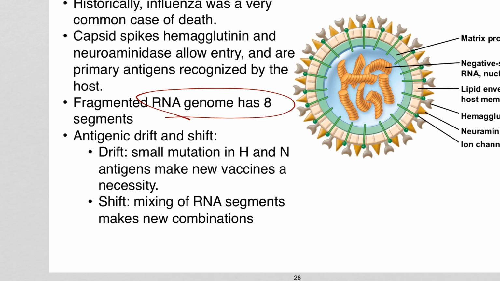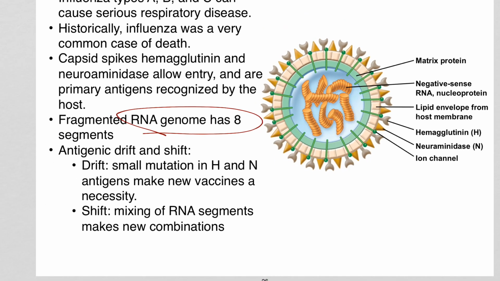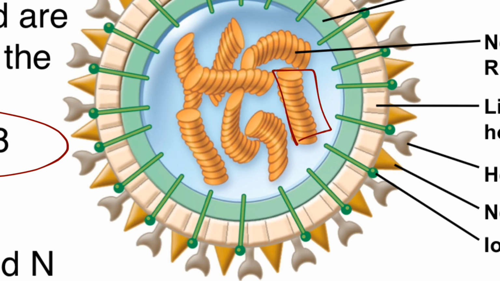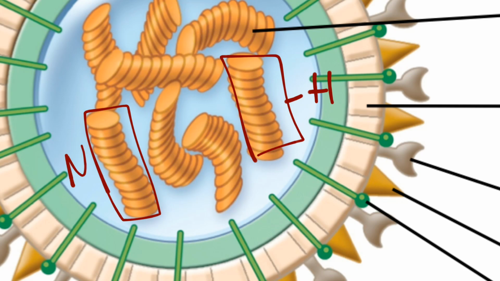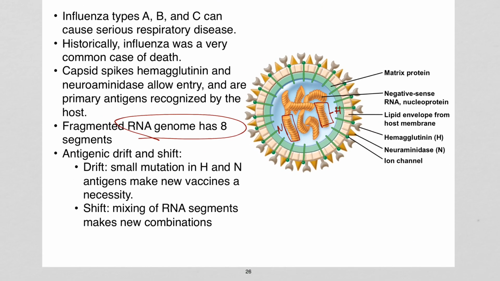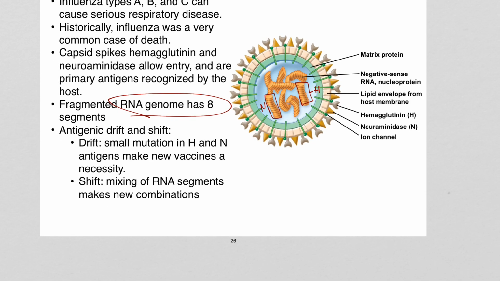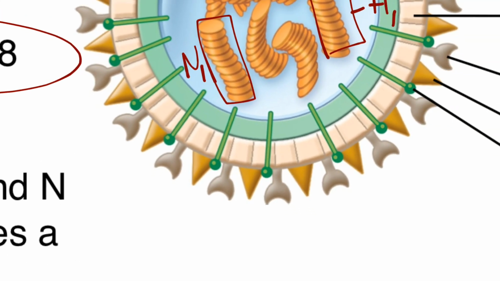Its genome has 8 pieces, or 8 segments, and that's what these 8 little coils are supposed to be showing inside of here. The idea is, one of these pieces of DNA codes for H antigen. One of them codes for N antigen. And the idea is, if you have 2 different viruses, so let's say that this is H1 and N1,